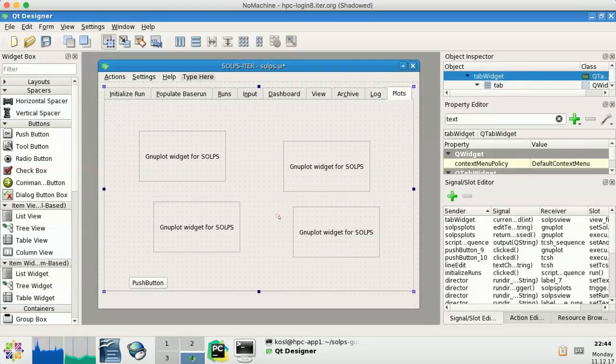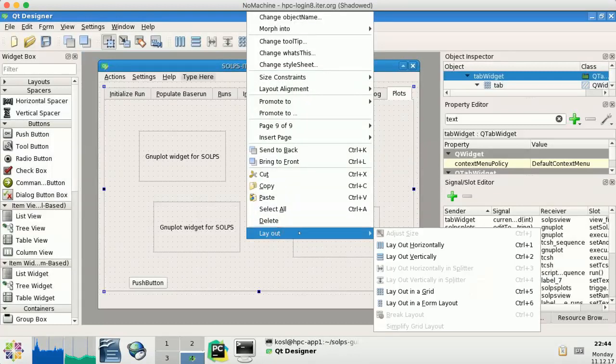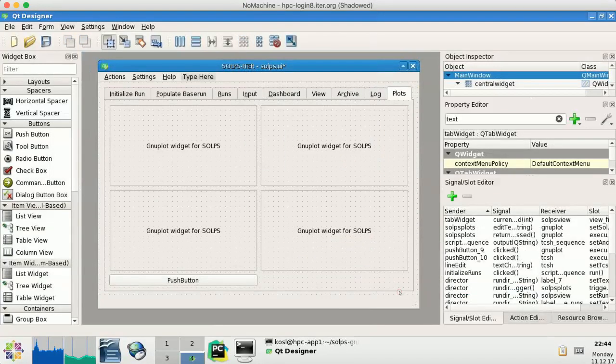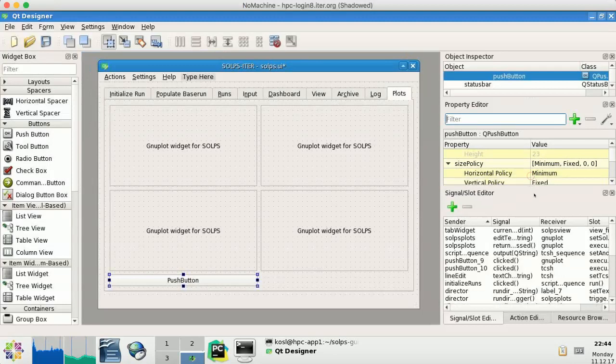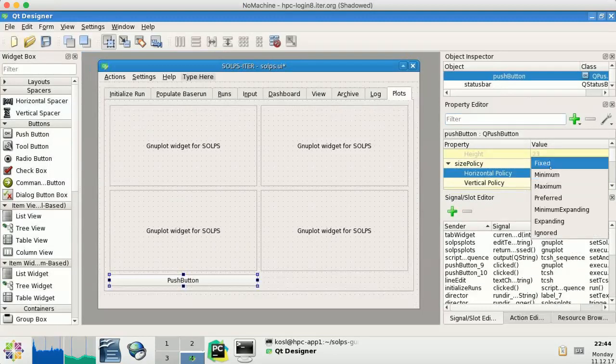Right now they're not as tidy as we would like. We will fix that quickly by right-clicking on the background area and selecting layout, and layout in a grid. Now, of course, this push button is a bit too big and we have a lot of spacing we will remove. First, for the push button, we have it selected. Remove this text from the filter area and go to the size policy